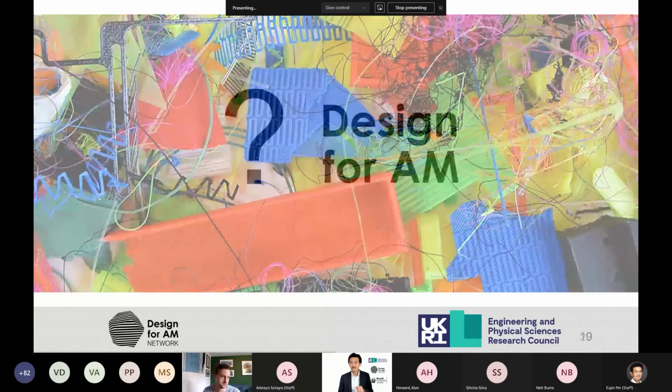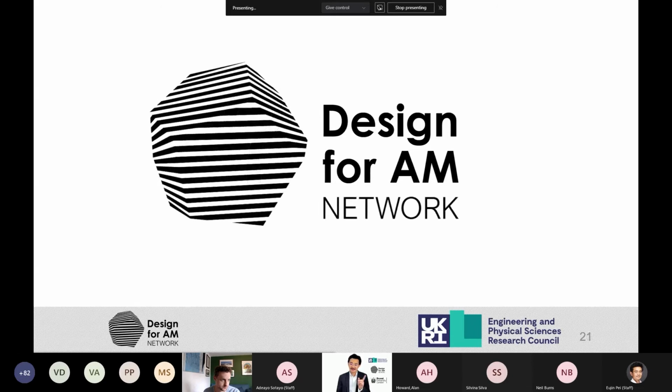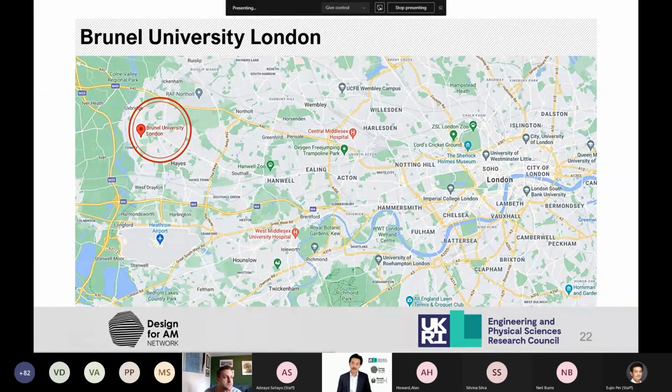That's why, to find solutions for design for additive manufacturing, this is where the network for design for additive manufacturing comes in. And it's become a very important part of what we do here in the UK, as well as at the international level.